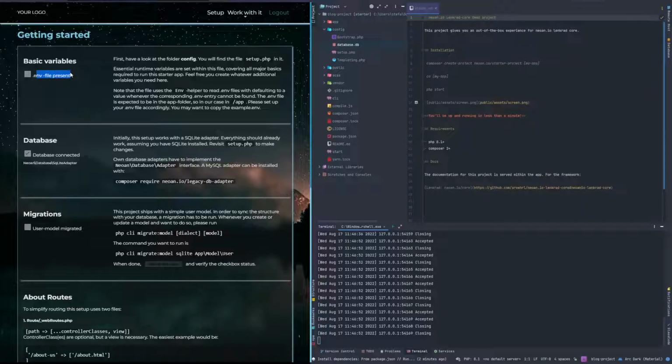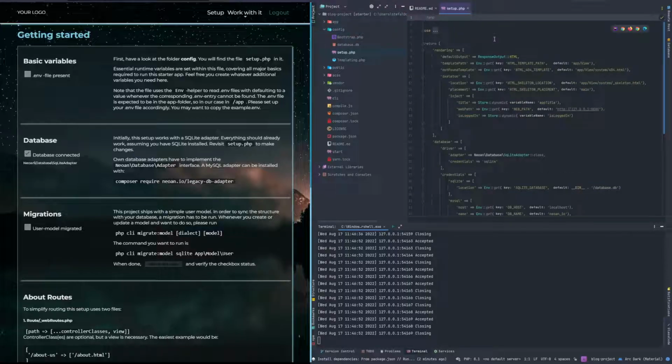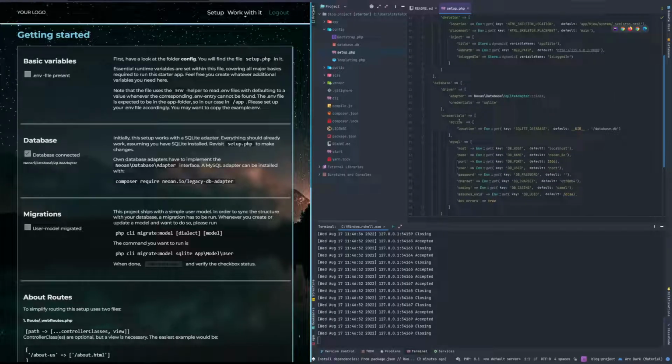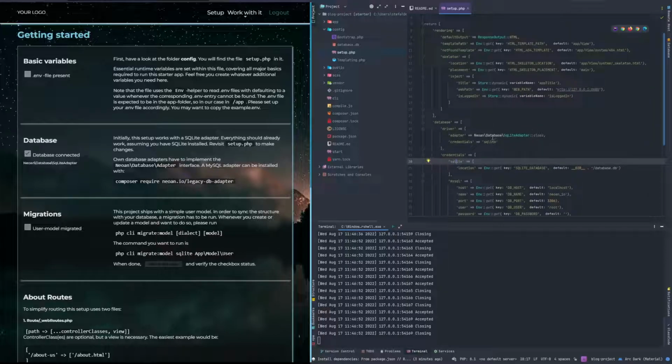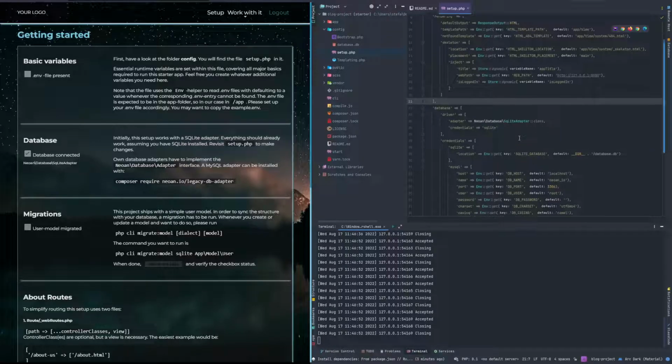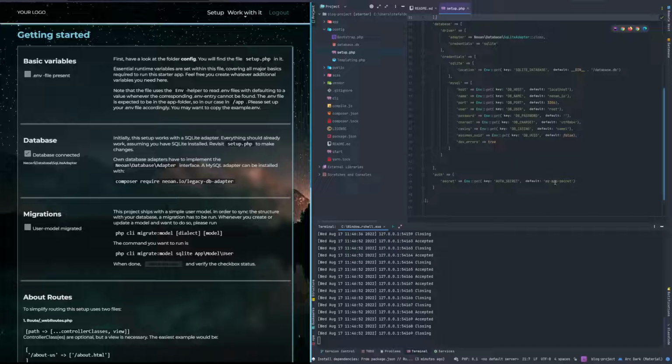Okay, let's start here. So this is an env file. We can actually ignore this for now, but for deployment reasons, let's quickly look into this. As you can see, we've got this config folder over here. If you go into setup, you will notice that there's a bunch of stuff that kind of wants to be set. See, this is just our database location. This is the SQL adapter. This is the adapter we're currently using. And none of this is actually critical from a security standpoint, with the exception of